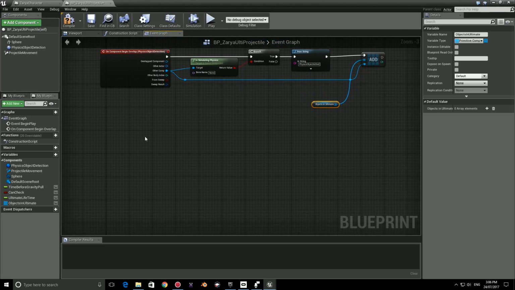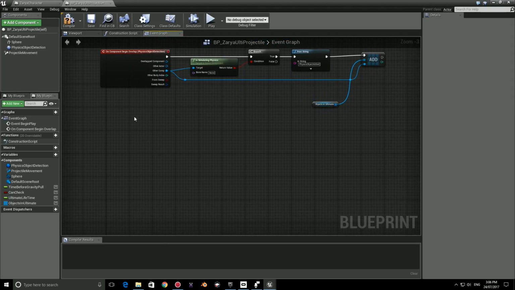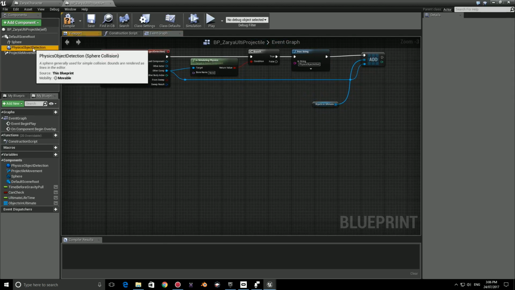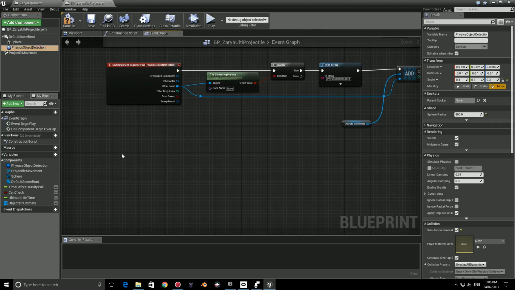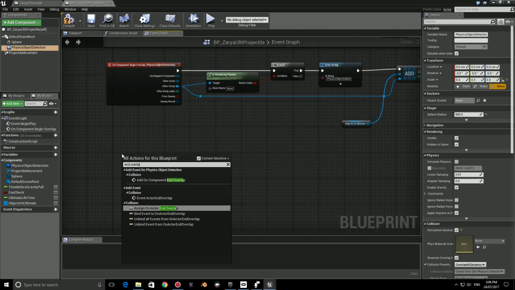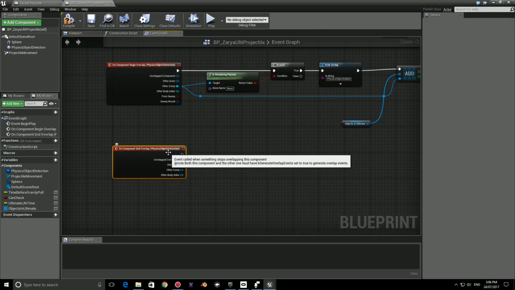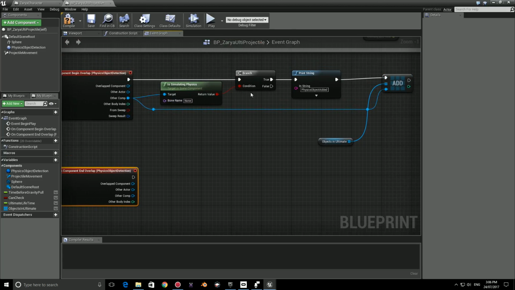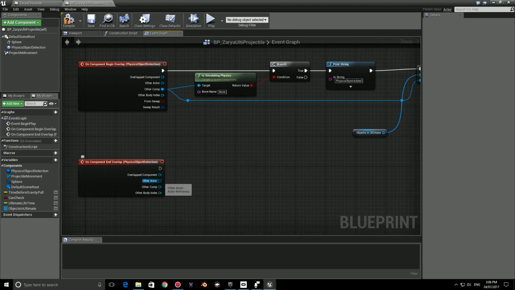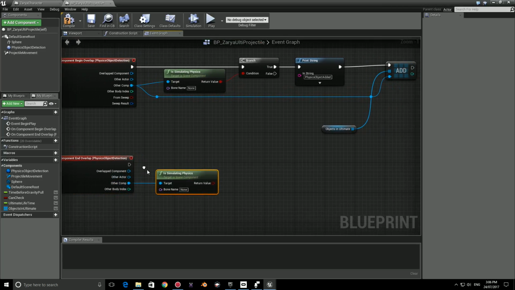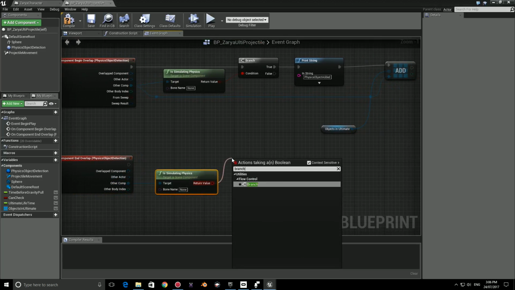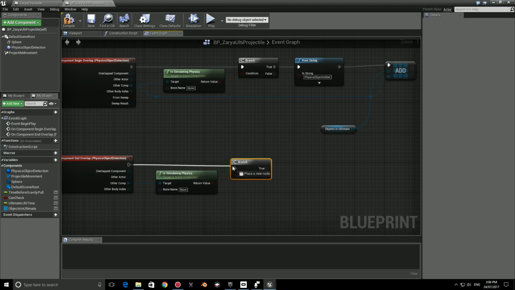There is another part, which is to remove objects. So you can click on the physics object detection again, and instead of begin overlap, right click, end overlap is the function we're after, the node we're after. And we're going to do a very similar thing to up here. So other component is simulating physics, because we're only going to remove the objects that are simulating physics. We have a branch,